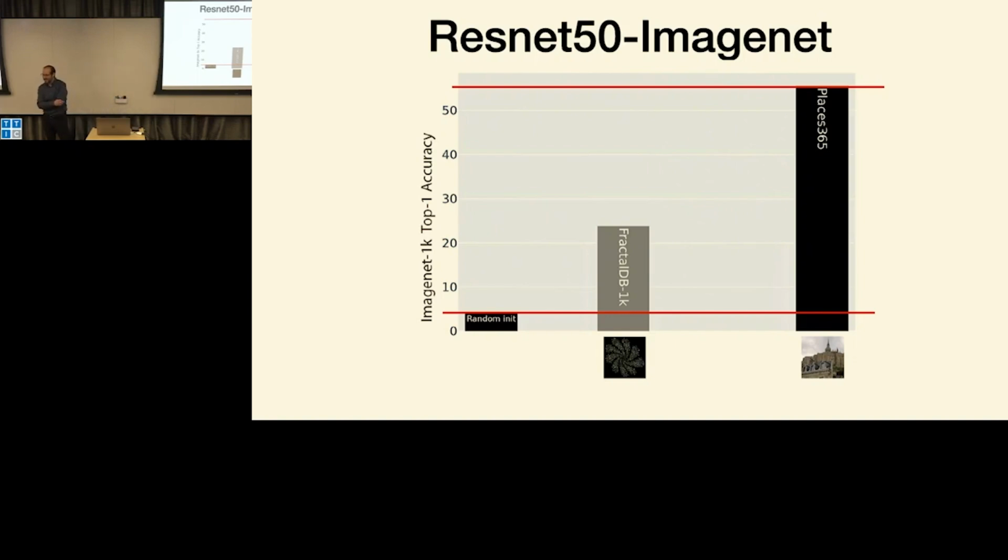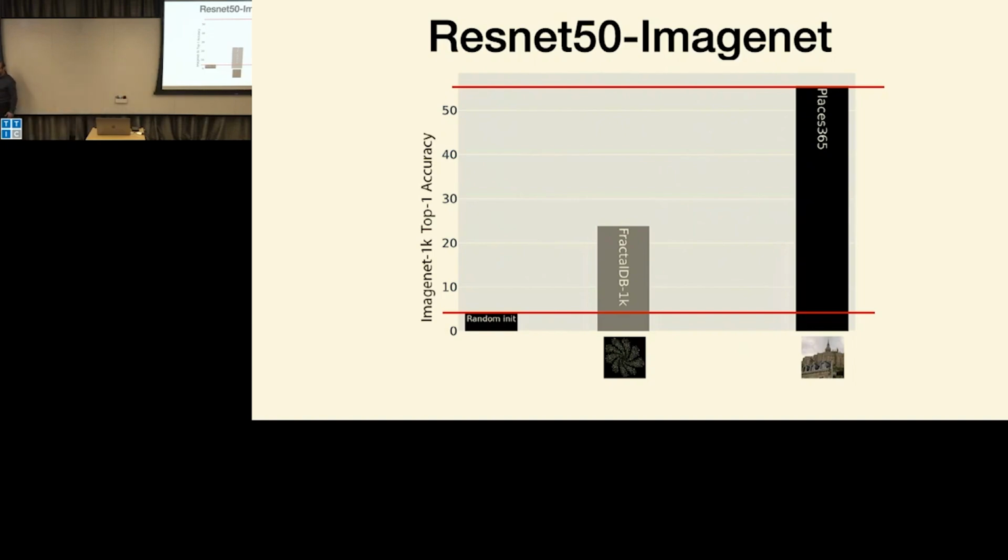Yes. What do you mean by train on the fractals? Because those are different than the. Yeah. So there are two stages in this particular experiment. One is you do contrastive learning on the fractals, so that you don't need any labels. And then in this particular case, because you have a linear readout of the representation, you train that linear layer with ImageNet. So if you were to do the same contrastive scheme with natural images. Yeah. Then you get the bar.